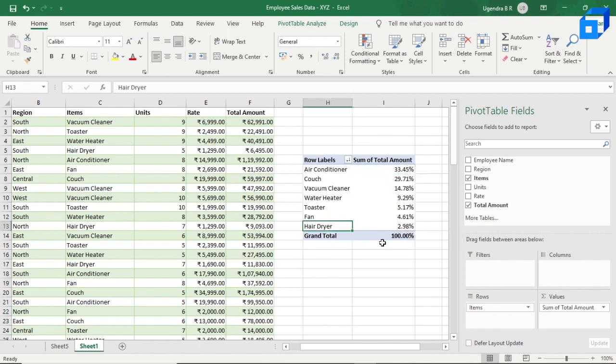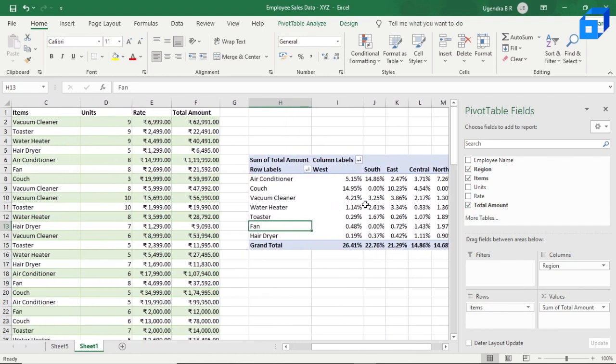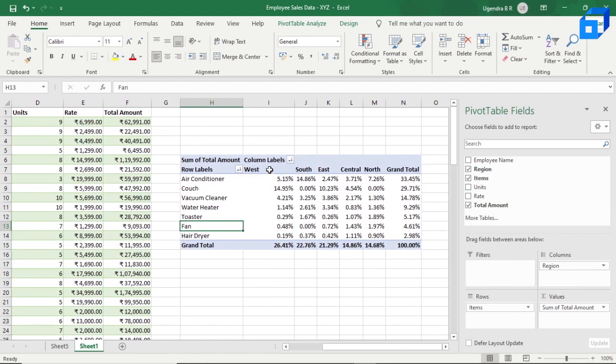Now, if you want to see the details of the sales of each item in each region, that can be done by dragging items to rows, regions to columns, and sum of units to values. So let us do that. We already have items in rows. Let us drag and drop regions to columns. Over here we have the column labels as the regions and the sum of total amount.